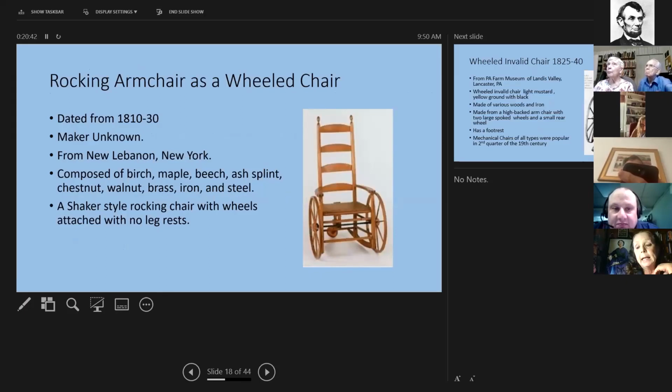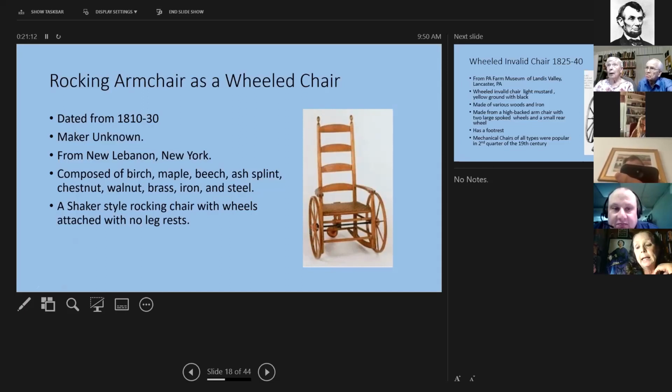And here's a rocking armchair as a wheeled chair. It is dated from 1810 to 30. The maker is unknown, but probably from New Lebanon, New York. It was composed of birch, maple, beech, ash, splint, chestnut, walnut, brass, iron, and steel.